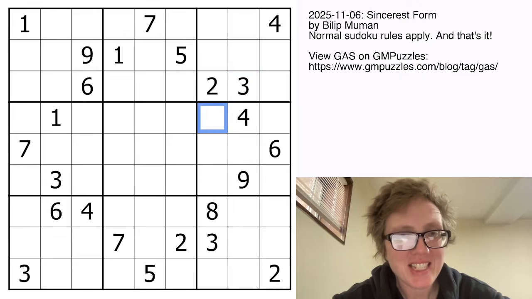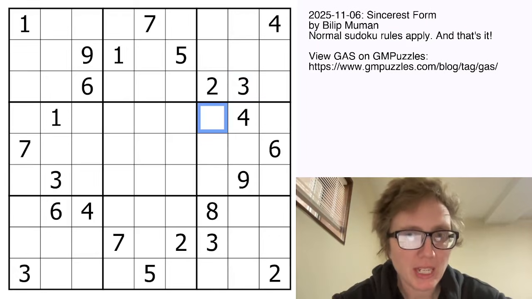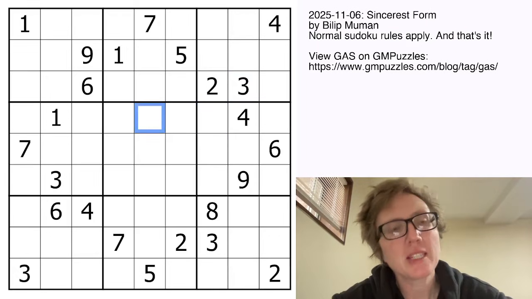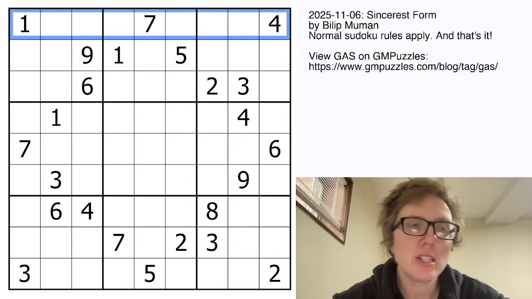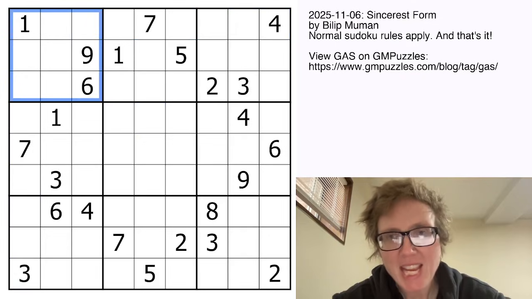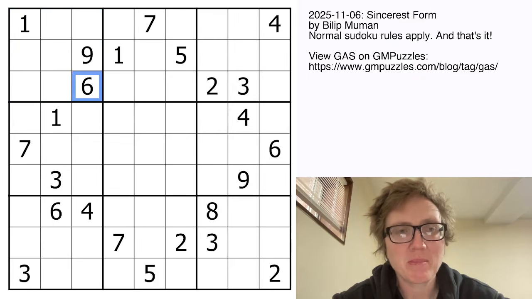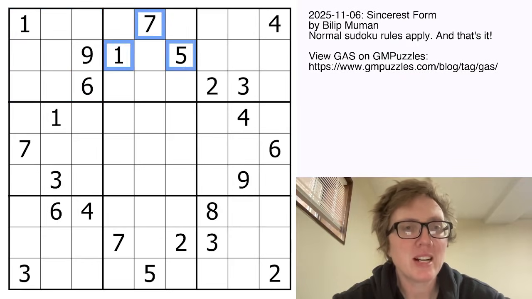And this is a classic Sudoku, which means that all we are dealing with today is standard Sudoku rules. We're placing the digits 1 through 9 once each in each row, each column, and each outlined 3x3 region. And I found this puzzle to be remarkably elegant. I think this is really beautifully made, and I'm going to try to point out why I think that as I go through it. Starting with, we're going to do a clockwise rotation around the grid, looking at